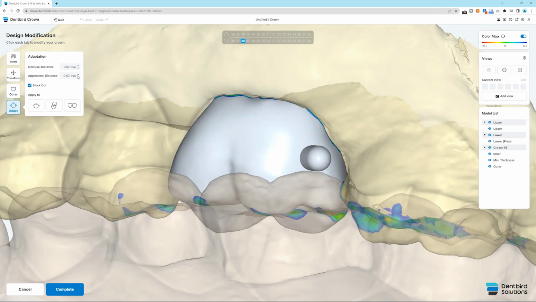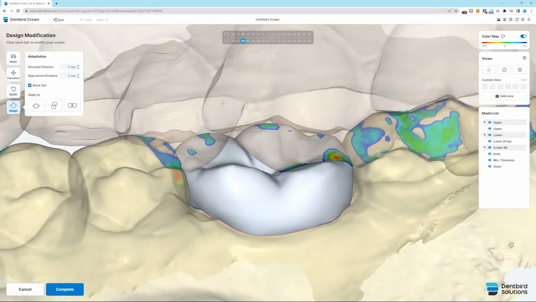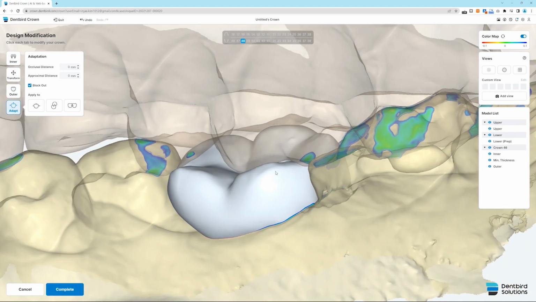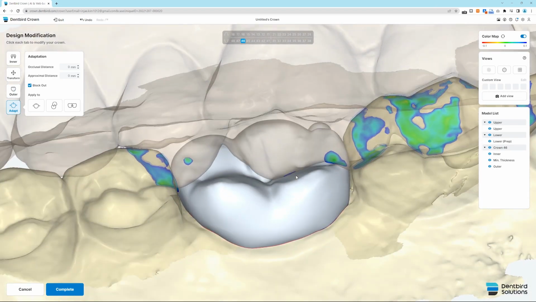Determine the distance you prefer for each. We'll adjust a bit more here, and then take a look from another point of view, and then apply. And then check again from different angles to confirm your preference.